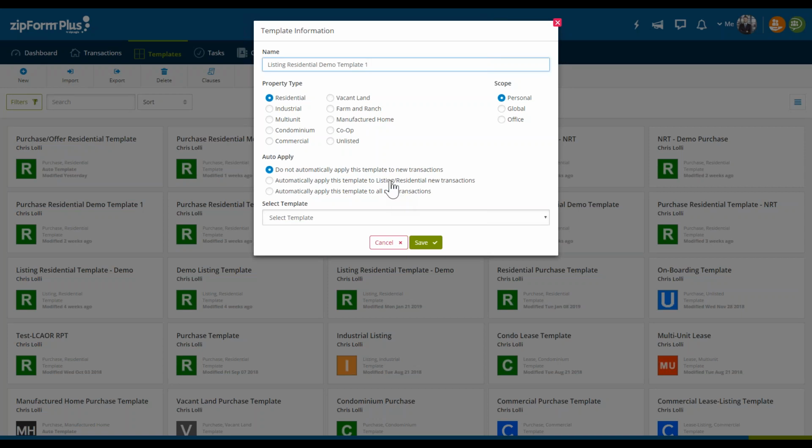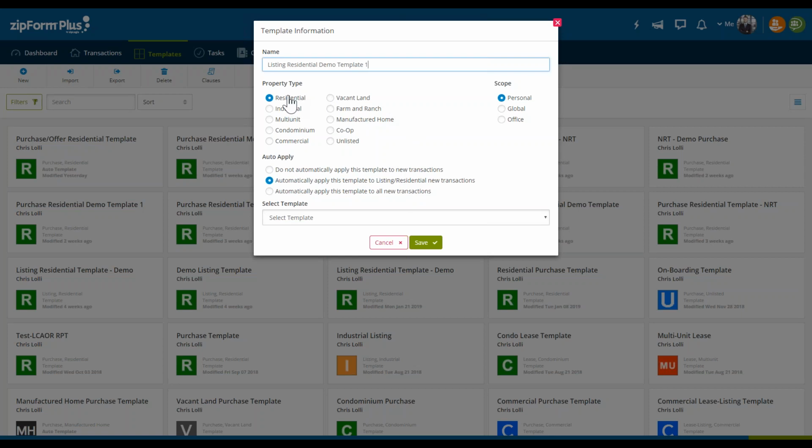The number 2 option here is automatically apply this template to listing/residential new transactions. So this is kind of combining the best of both worlds of number 1 and 3. And this is kind of that sweet spot where I want you all to resonate or typically apply, because you have that flexibility to be able to choose when you want something to be applied and to what specific categories.